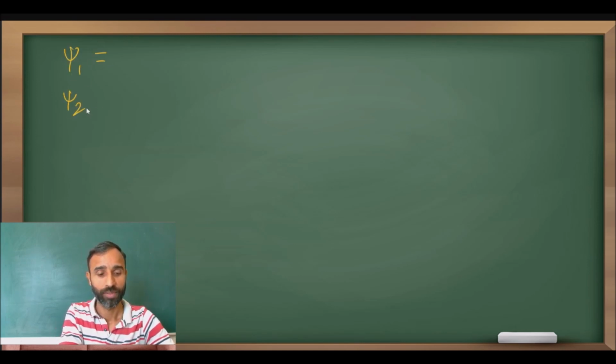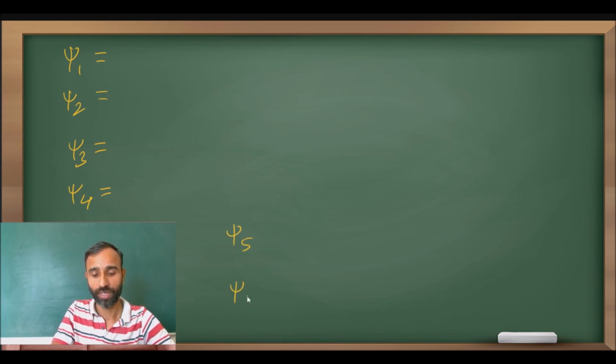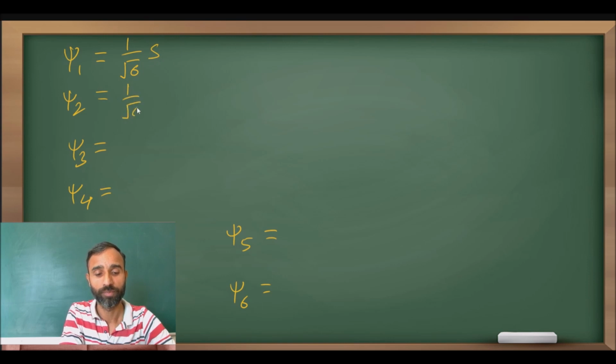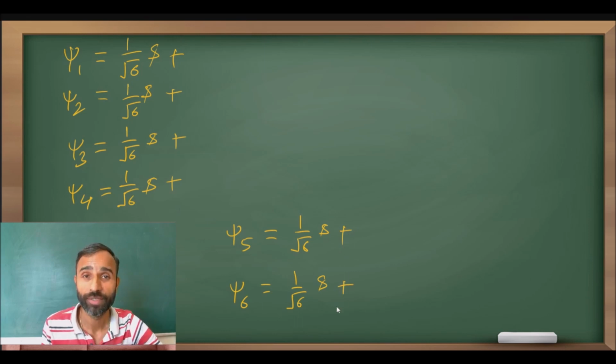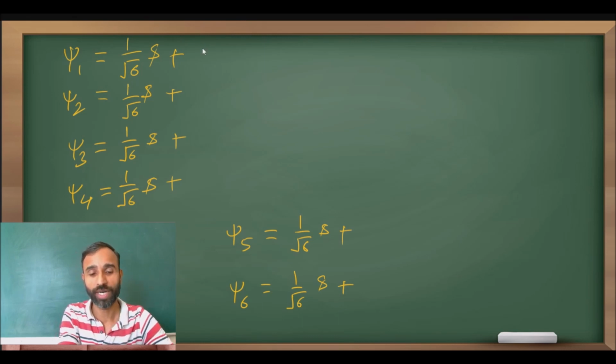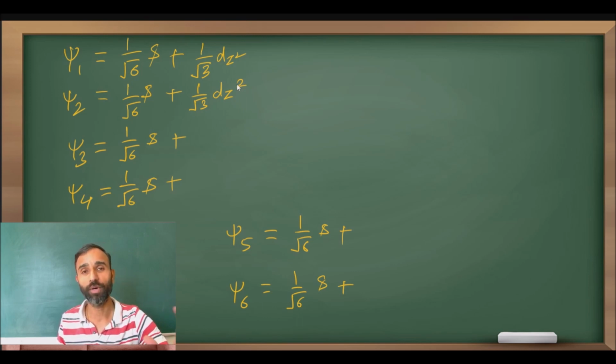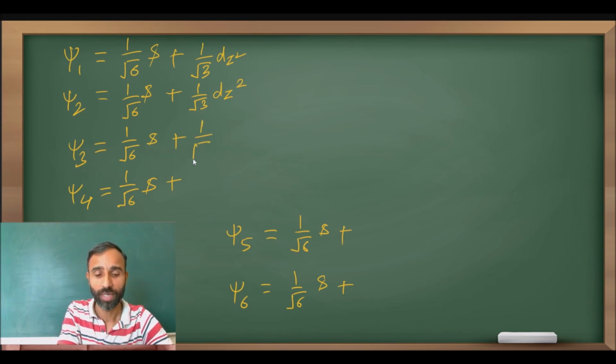psi1, psi2, psi3, psi4, psi5 एंड psi6। पहले s का कंट्रीब्यूशन इन ऑल इट इज 1/√6, कि वो s ऑर्बिटल स्फेरिकली सिमेट्रिकल था और सब में उसका कंट्रीब्यूशन इक्वल होगा। फिर आपने किया dz² और dz² के कितने पार्ट थे 3। 3 में से एक 1/3 पार्ट जो है वो z एक्सिस पे, दूसरा 1/3 पार्ट भी z एक्सिस पे और बाकी जो बचा 1/3 पार्ट वो 4 में xy प्लेन में, लिए 1/√12।